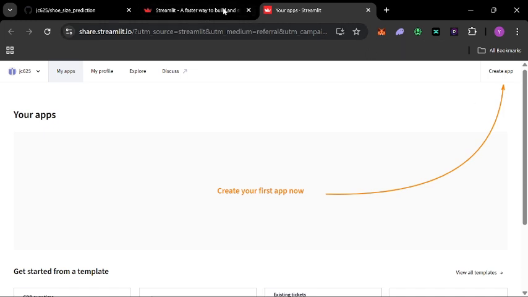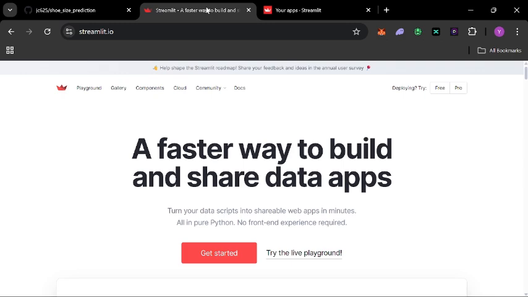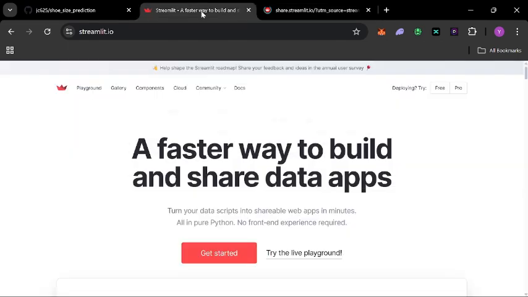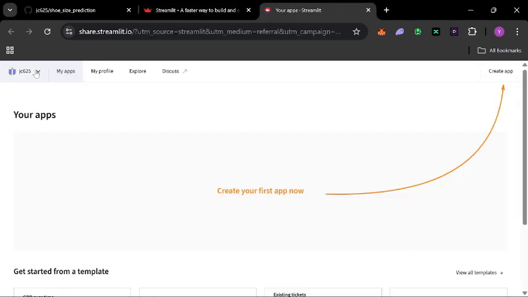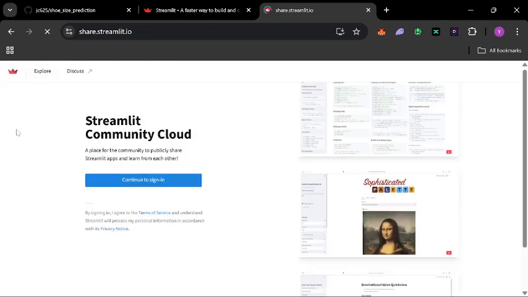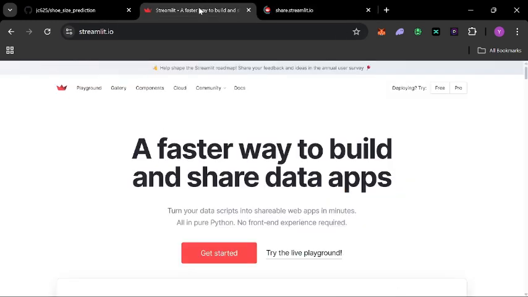Me, because I already have an account, that is why it took me here. But you, if you don't have an account, it will ask you to log in. Let me click here again. It will ask you to sign up. Sorry, I need to log out. I want to show you that place. Let me sign out. So the moment you click free,